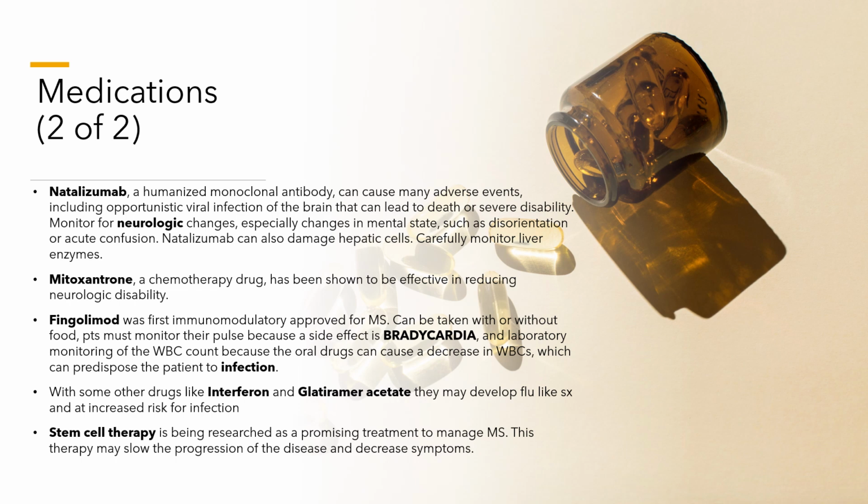Mitoxantrone is a chemotherapy drug. It's been shown to be effective in reducing neurologic disability. Fingolimod was the first immunomodulator approved for MS. It can be taken with or without food, and patients must monitor their pulse because the side effect is bradycardia. And laboratory monitoring of the WBC count is needed because the oral drugs can cause a decrease in WBCs, which can predispose